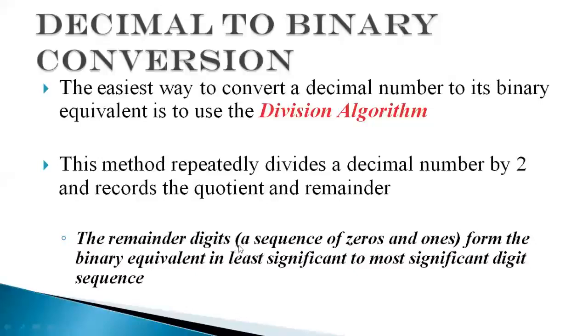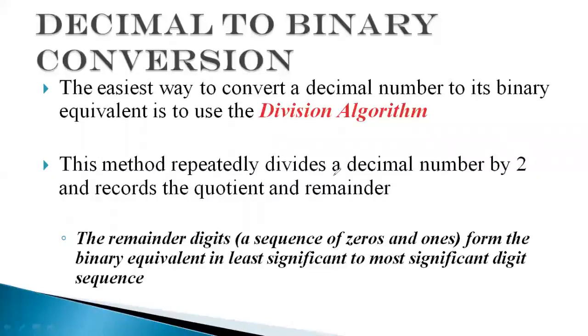So till previous class, let's recall what we have learned. We have gone through the conversion method in which we have learned how to convert a decimal number into a binary number system. Then we have processed the reverse process, that means how to convert a binary number to decimal number. This is what we have learned in our previous class, that this way we can convert any decimal number into binary number.